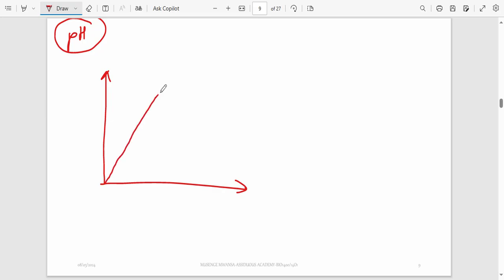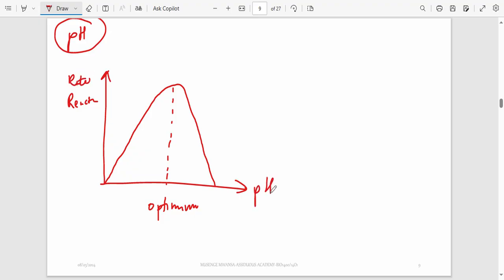Below the optimum pH, the enzyme catalyzed reaction is slow, and beyond the optimum pH, the enzyme catalyzed reaction is also slow. So this is the optimum pH. Here you have the rate of reaction, and here you have pH. You can see as you increase the pH, you reach the maximum where the reaction is very much faster, and as you exceed that, the reaction becomes slower. Okay,